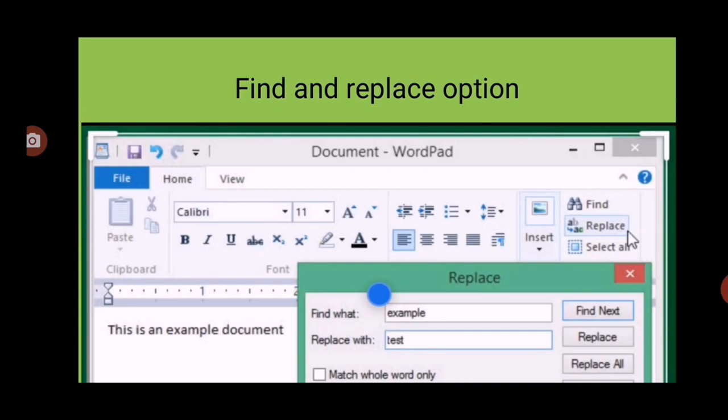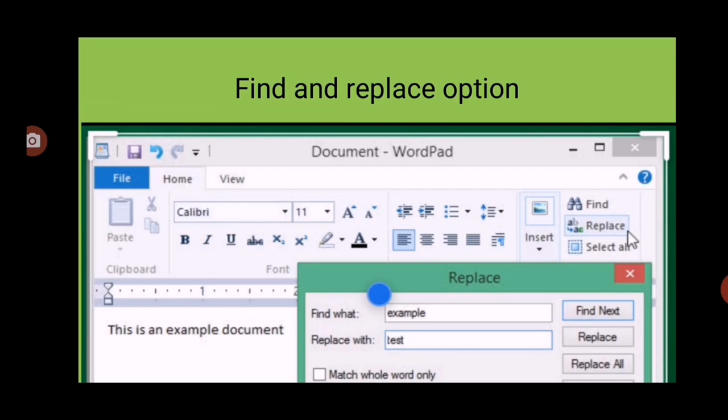Next, find and replace. The find and replace option shows your data, which content you are finding or replacing. Just go to the Home tab and Editing group. You can see the find and replace option there. In the find option, for the letter or word you are finding, just click on the find option. Its shortcut key is Control plus F. If you want to replace your data, its shortcut key is Control plus H, and you can just click on the replace option.